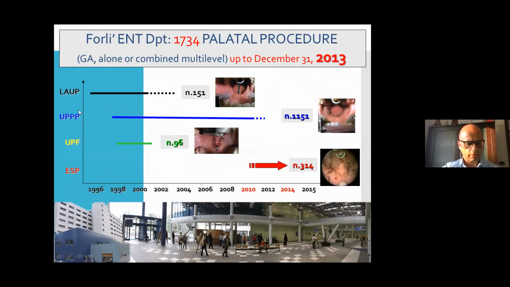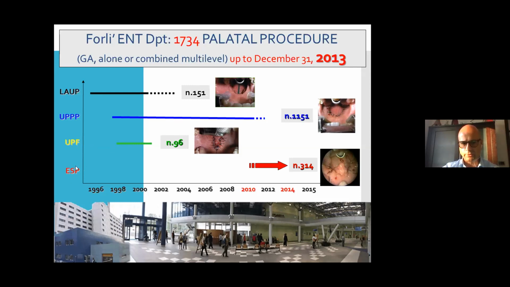Then we used UPPP. UPPP was a good procedure, but there were two main problems. The patient could feel the scar in the free edge of the soft palate, and we couldn't address the lateral walls. We have used UPF, uvulopalatal flap, but in a few patients, mainly for snoring. And then